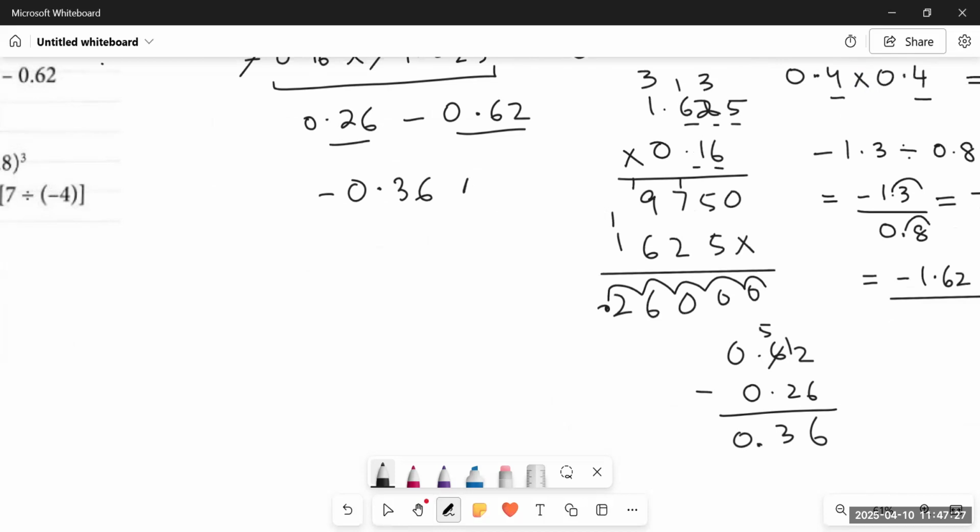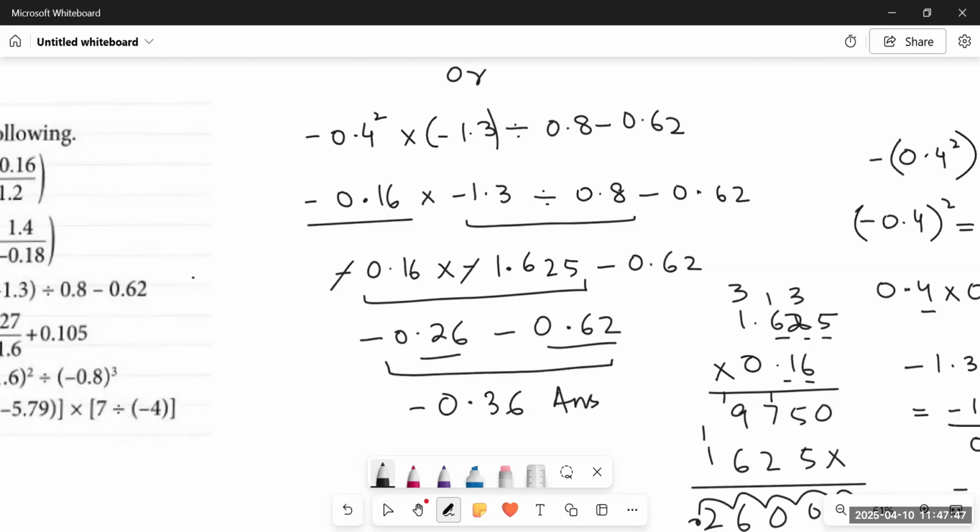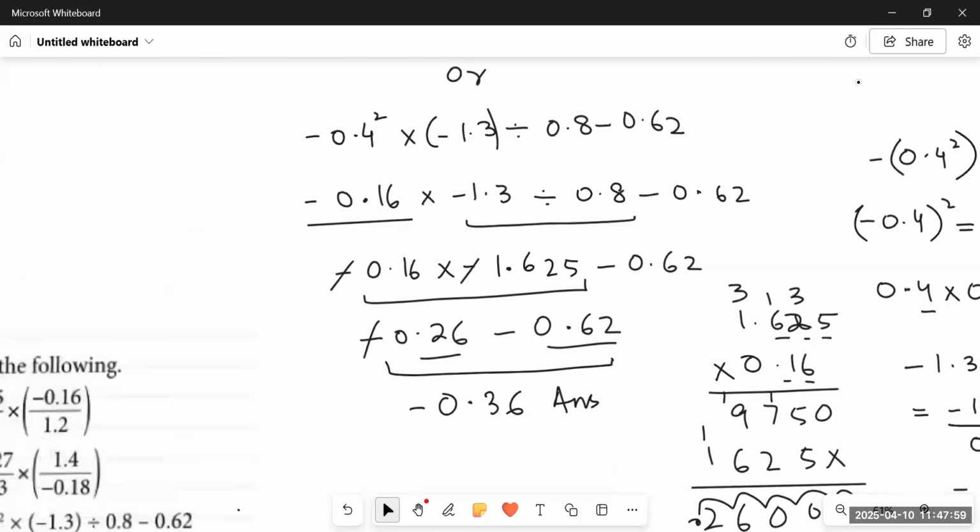Why was I saying that we should be very careful with the signs? Because if we had written it as positive, we can't cut these two minus signs together, and this would have been minus. And at the end, we would be adding these two instead of subtracting, and the answer would become incorrect. So you have to be very careful with these signs and the tips that I'm giving you.